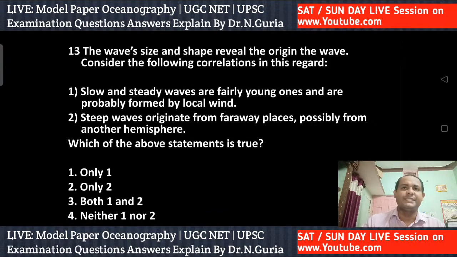Basically, wave size and shape reveal its origin. Steep waves are fairly young, and are probably formed by local winds, and slow and steady waves originate from faraway places, possibly from another hemisphere. The maximum wave height is determined by the strength of the wind, how long it blows, and the sea over which it blows in a single direction. The waves travel because the wind pulls the water body in its course, gravity pulls the crest of the wave downward, and the falling water pulls the former trough upward, and the wave moves to a new